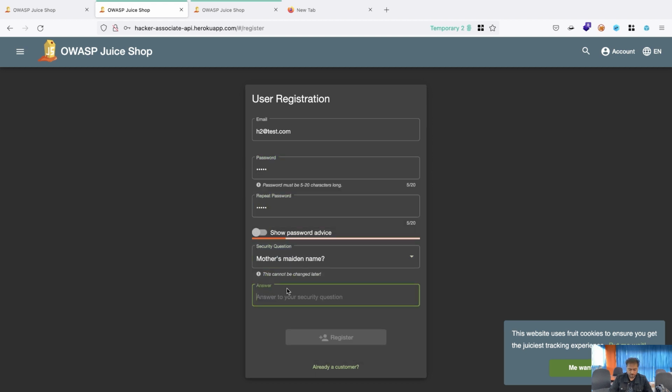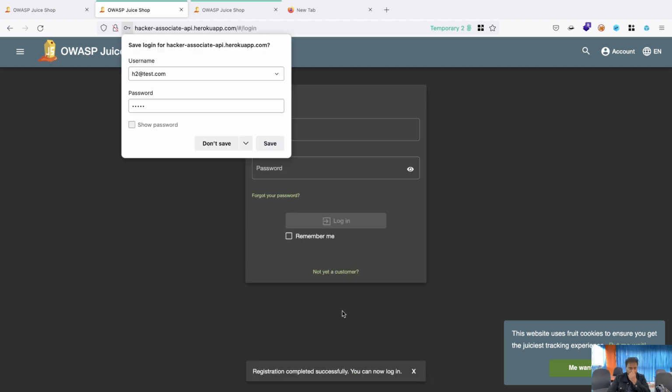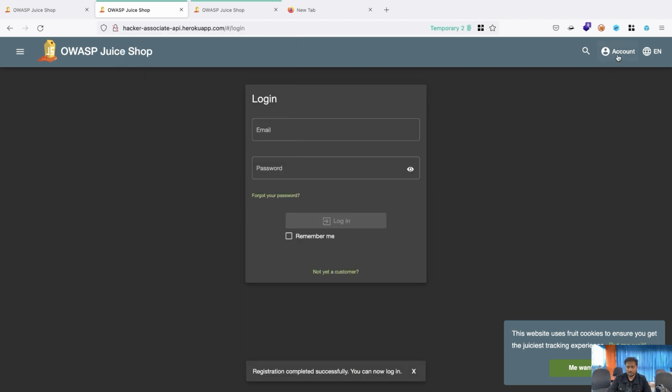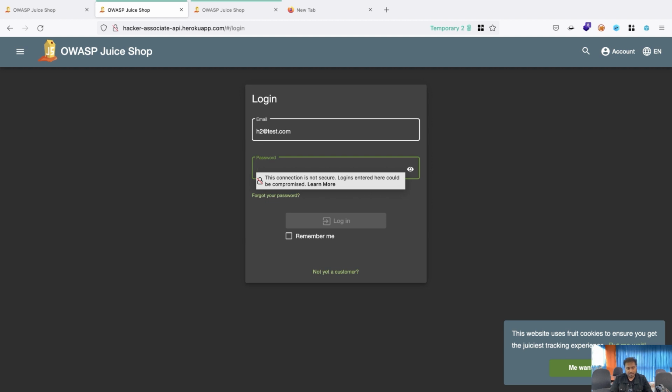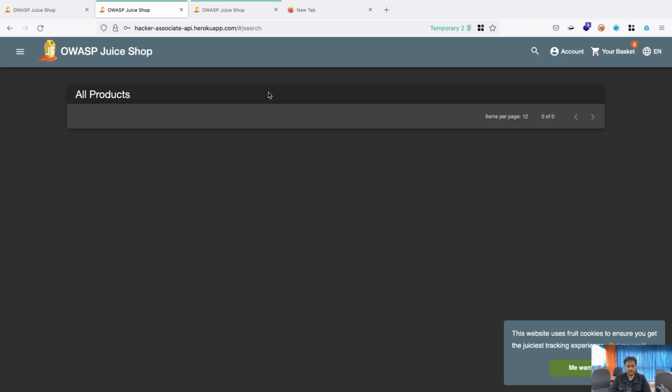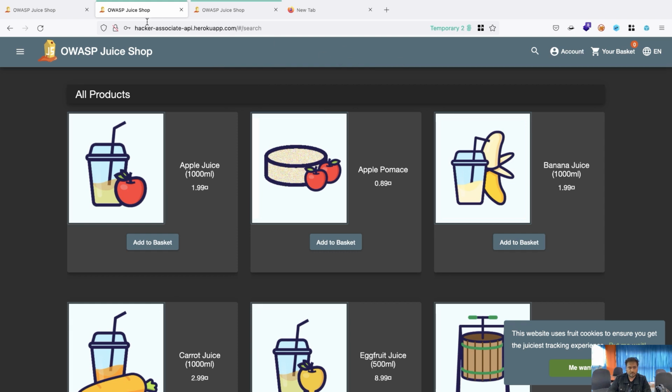It's just for demo purposes. Register it, don't save, and now you can log in with h2@test.com and password 12345. You can clearly see that in the same browser I'm now logged in with 2 different users, h1 and h2.